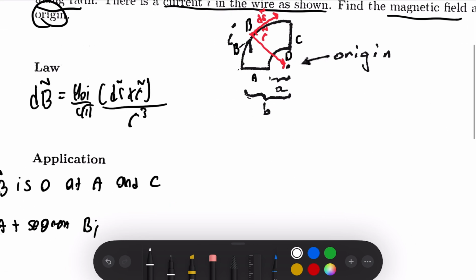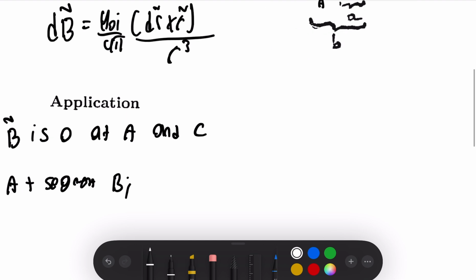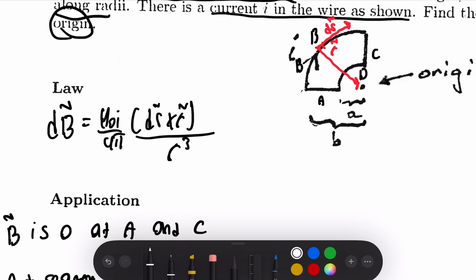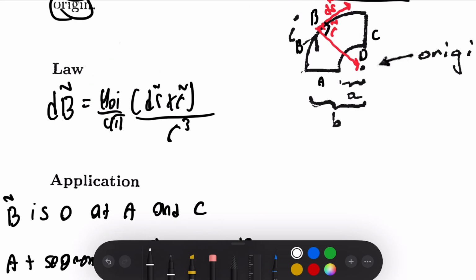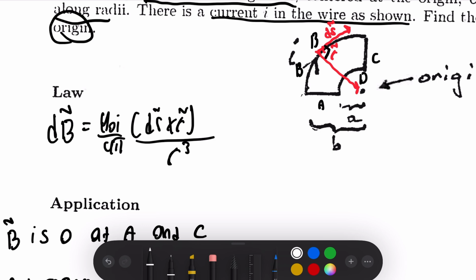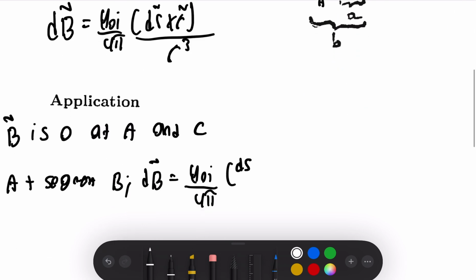When I write Biot-Savart's law, it's dB is equal to mu naught I over 4 pi, ds cross r. We see that this creates a 90-degree angle, so it's just going to be ds times r, where the r vector has magnitude b, the radius of the big arc, divided by